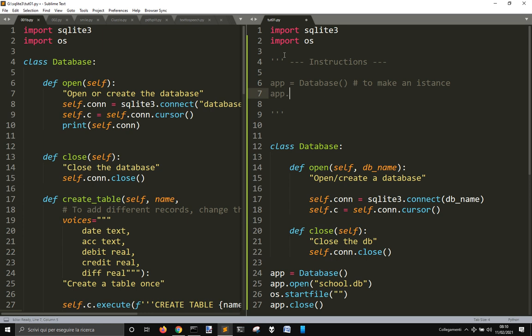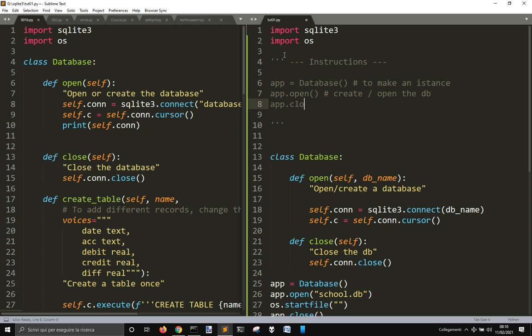So app.open create/open the database, app.close close database. This can be quite obvious when you begin,